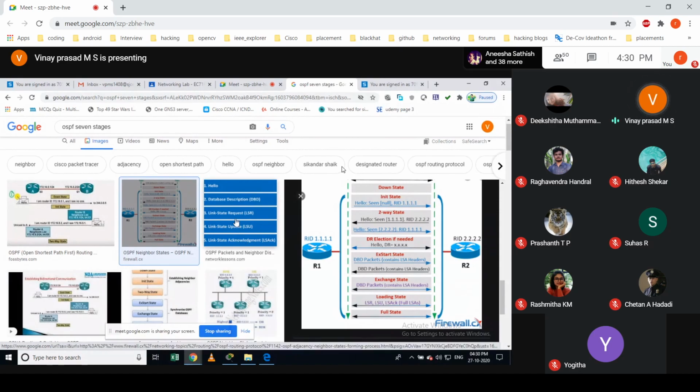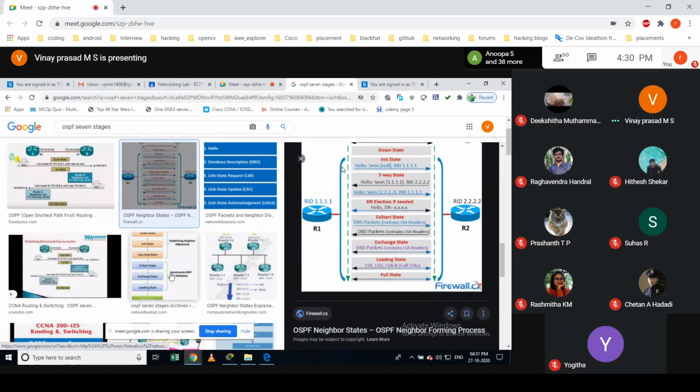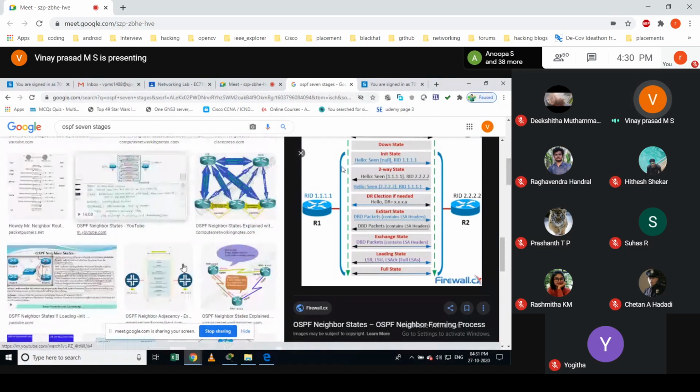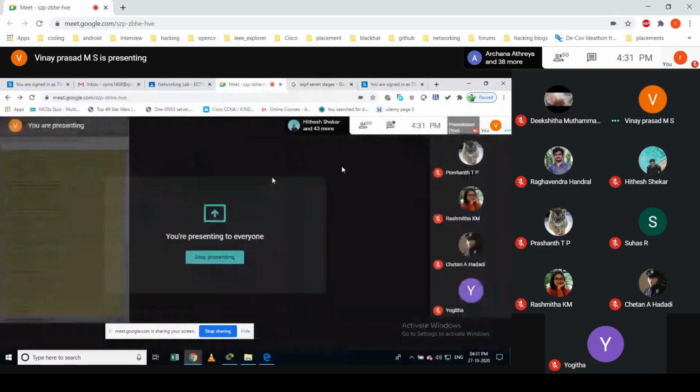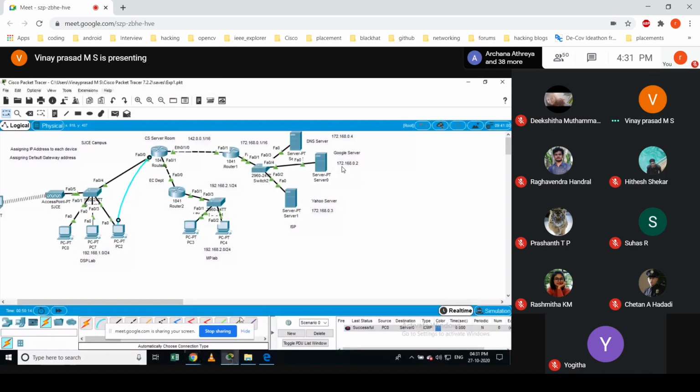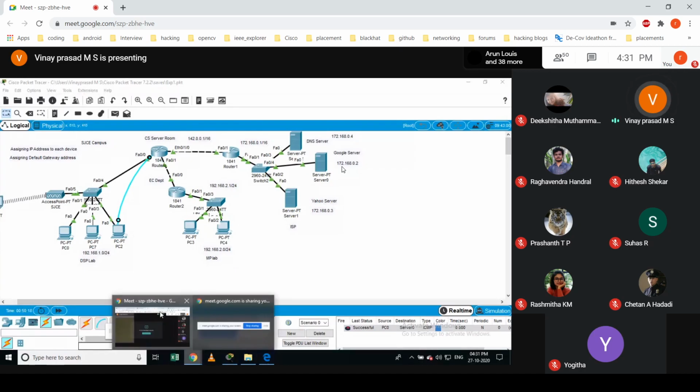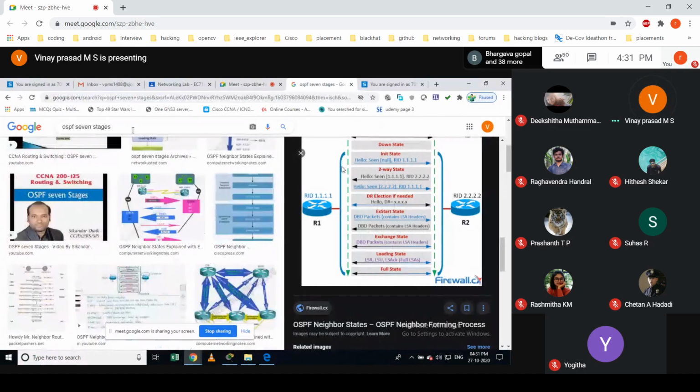In LSA, there are lots of different LSA types, so we will look at that later. For the moment, we will understand how to configure OSPF with a single area. When it comes to the area concept, let me go through that also.